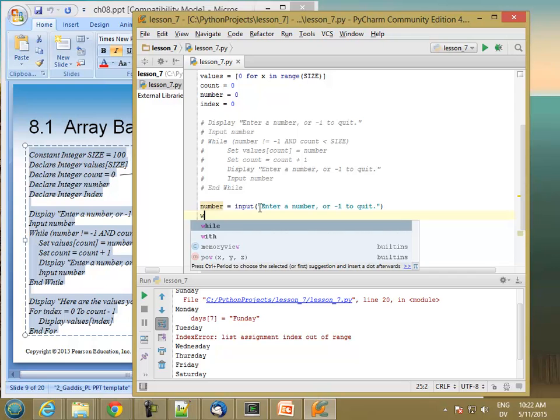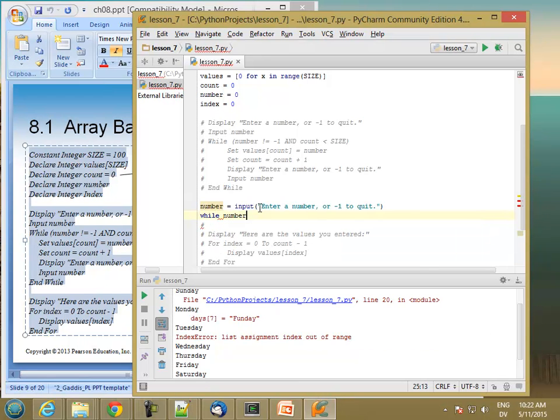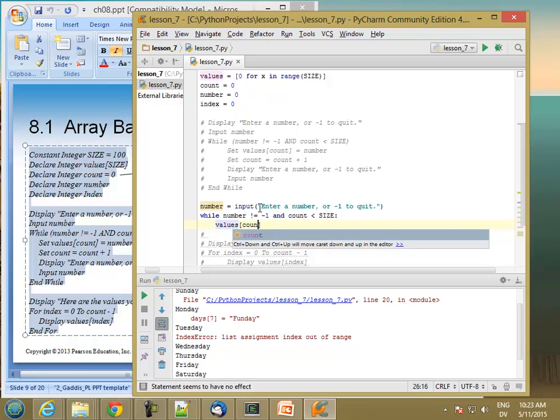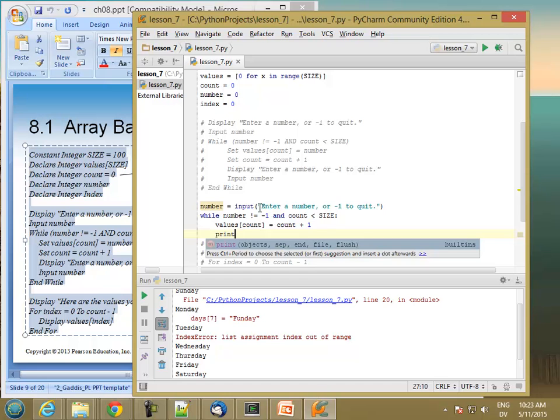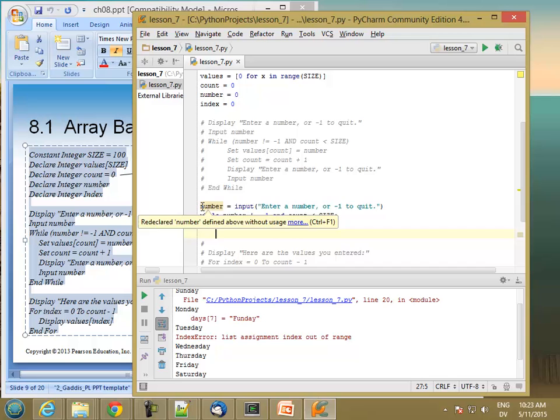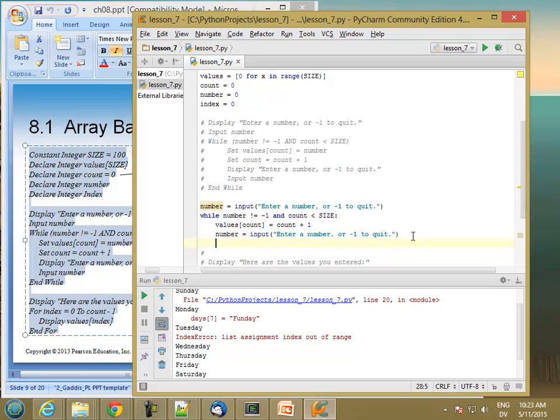And then while number not equal minus 1 and, lowercase in Python, count is less than size, values sub count equals count plus 1, and then print, and this is another input statement, so copy that line here and change the text. It's actually the same, so we're good. So that's the while loop,